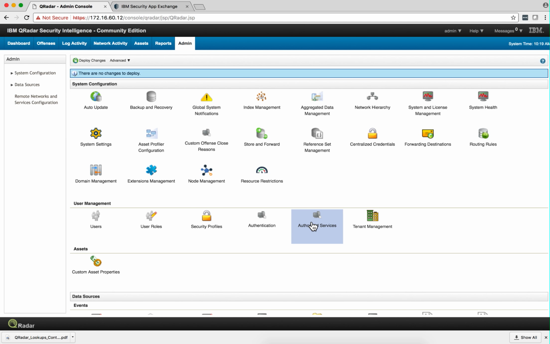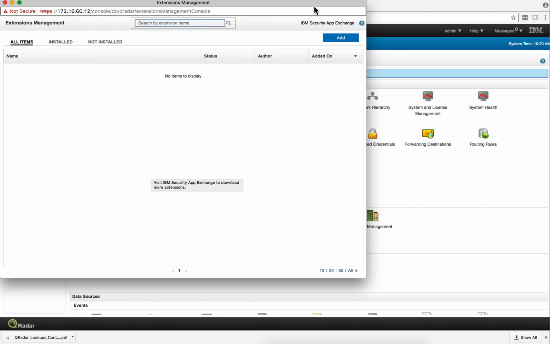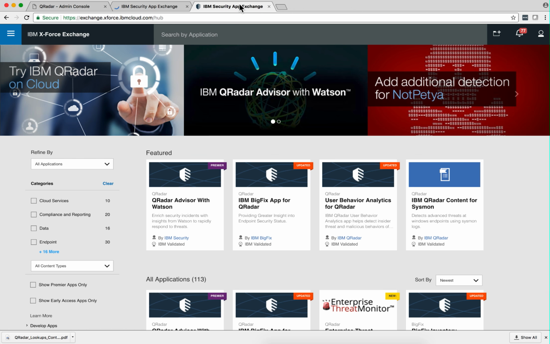How do you increase the intelligence of your QRadar system? Of course, you can create rules, and probably I will put a simple video on how you do that in QRadar, but most likely you want to go into the admin console and click on this link, and click here where it says IBM Security App Exchange. And that will take you to this site,